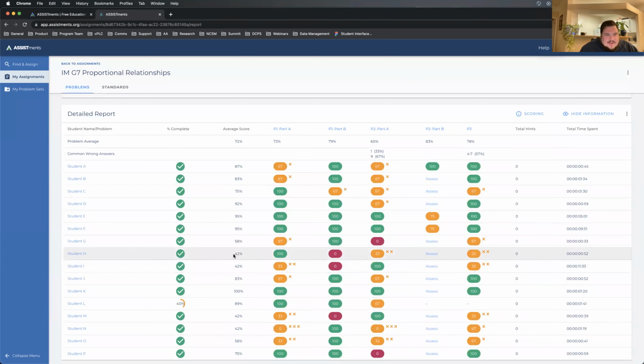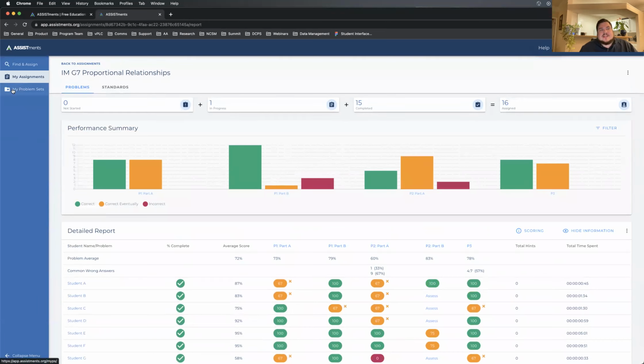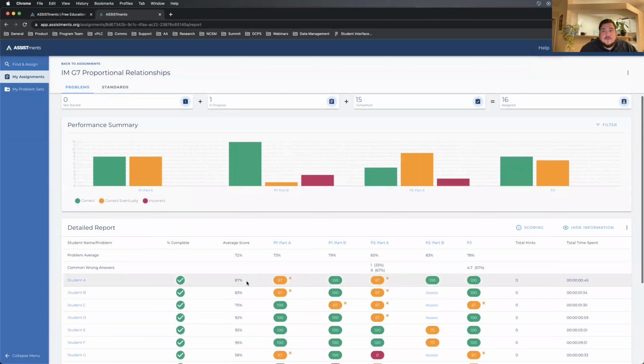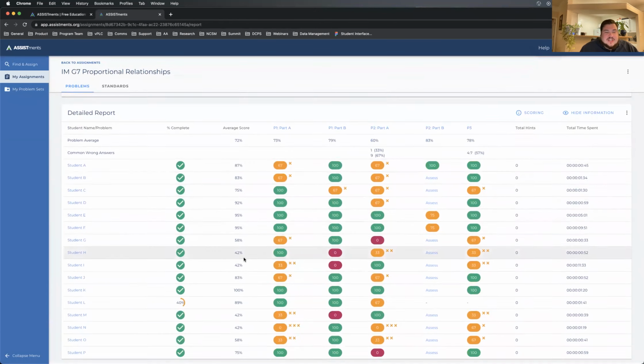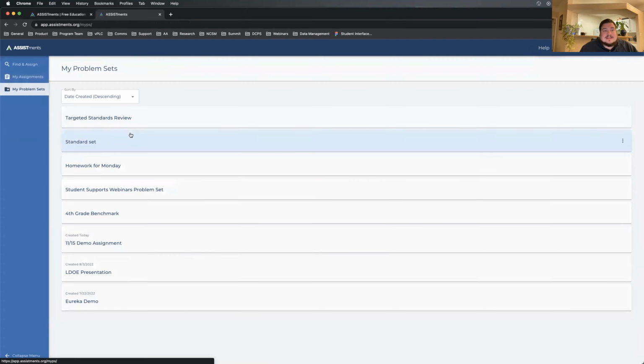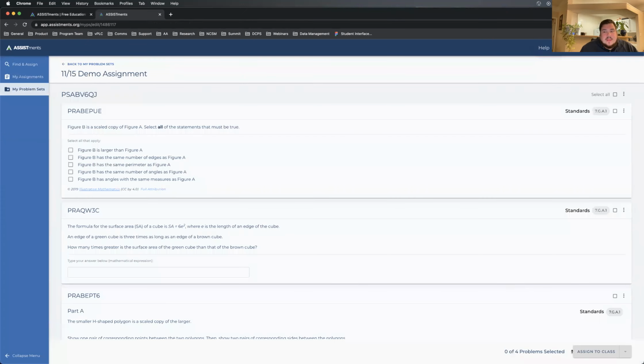And so I can see students H and I, and I can see M and N. If we imagine that the custom problem set I just created is an intervention for the students who didn't do so well on this assignment, H, I, M, and N, I'm going to go back to that custom problem set. And once I've selected the problems,